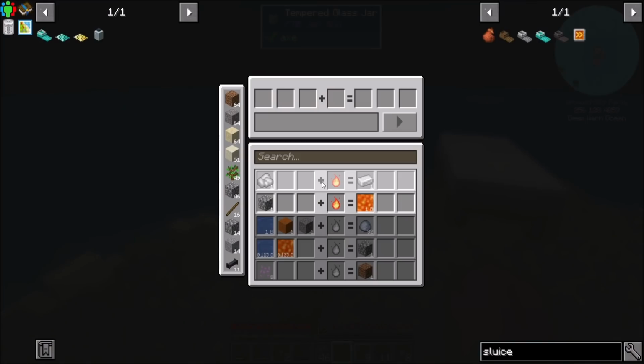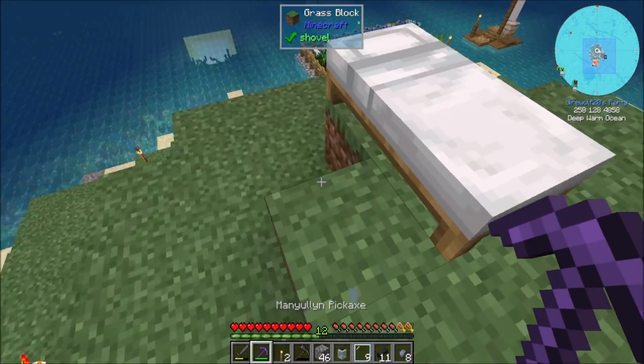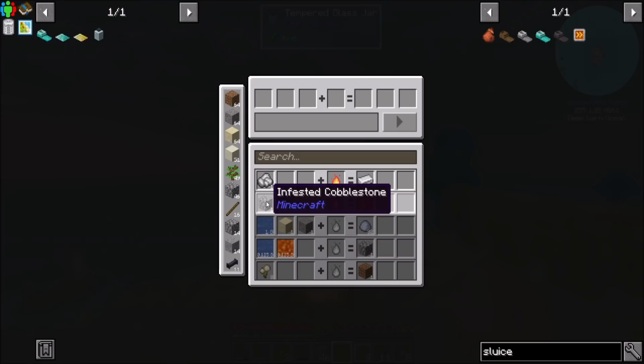Oh, hello. That's cool. It turns red a little bit. Nice. Hey, that's cool. Low temperature. Okay. Now what about over a campfire? So campfires are also low temperature, I assume. Yeah. So if I were to throw a cobblestone in there, oh, hello,